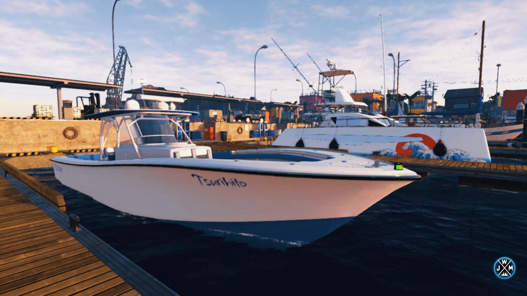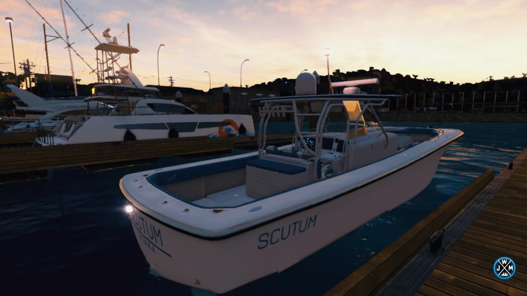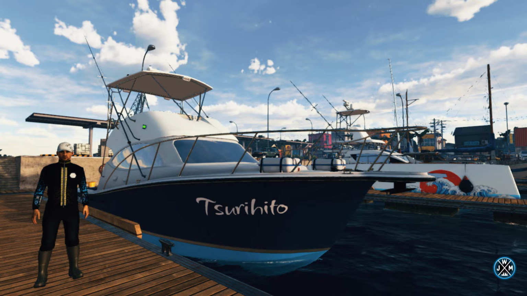The new boat system will work differently when it comes to ocean fishing. You'll need a sturdier vessel to tackle the waves. For now, you'll have two options at your disposal. You can opt to rent the Churihito Scutum fishing yacht, designed to accommodate two people on board during the fishing together session. You and your friend can fish together using two rod holders each, while also holding an additional rod